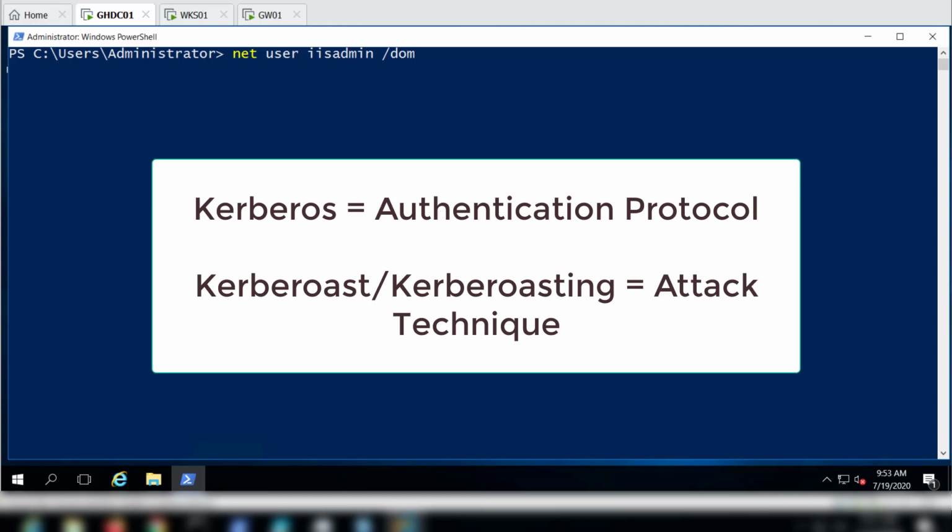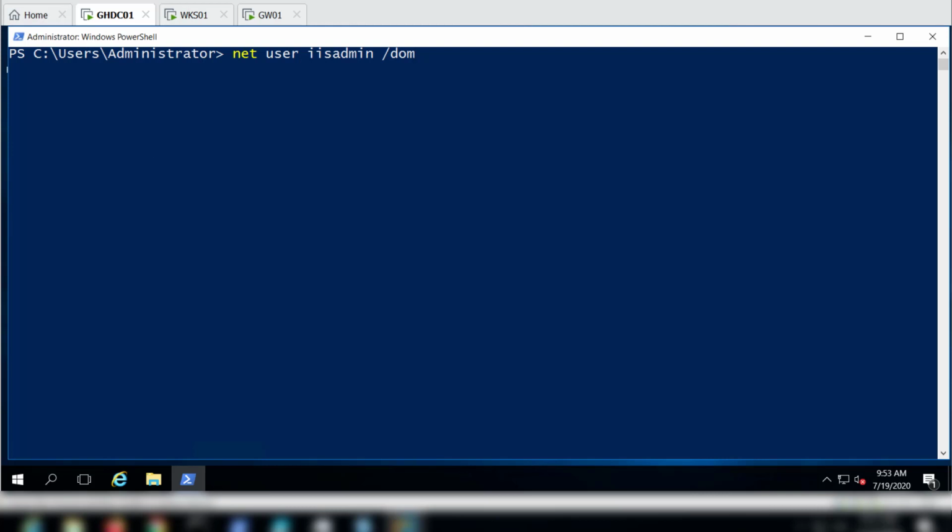For the sake of this lab and sticking to the plan, I am going to stick to just building the weakness and not going into the details of what Kerberoasting is, because I will leave that for future videos where we would actually abuse these weaknesses when it comes to red teaming or penetration tests. This has been an attack technique which has been abused a lot in the past,